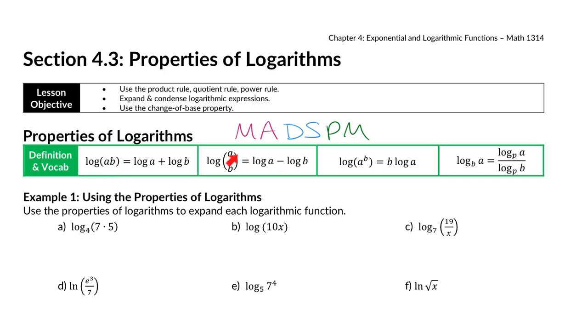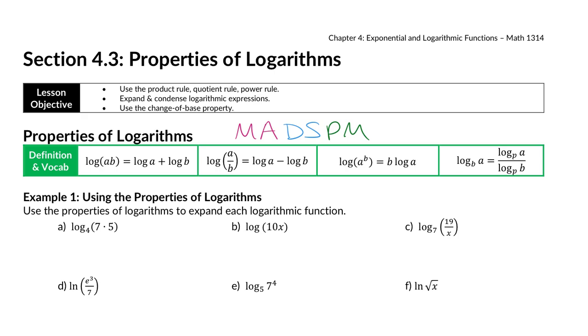If you are dividing the logarithms, the argument, you can subtract the logarithms. If you have a logarithm with a power in the argument, you can move that to the front as a coefficient and multiply it. So we are still doing the MADSPAM rules in both directions to either expand or condense